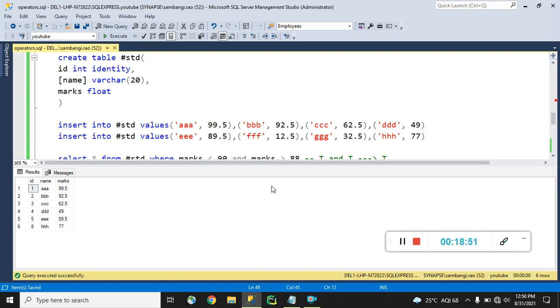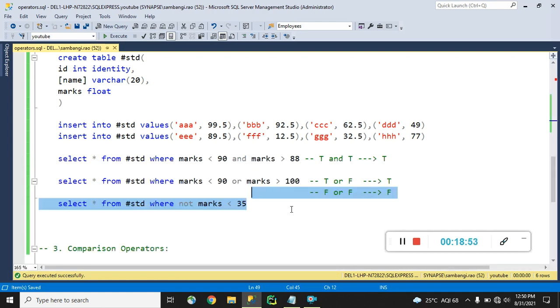So what we can say is that with the NOT logical operator, it is the opposite of the normal sentence. When we want to retrieve data of those who are having less than 35, it means those who have failed in the exam.